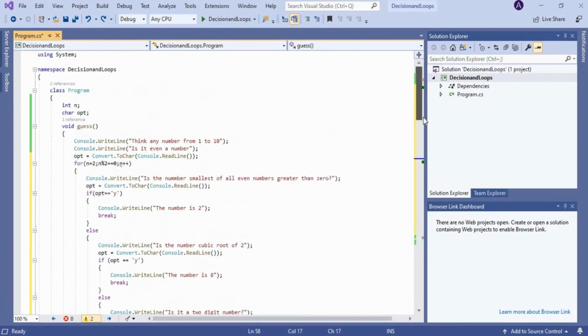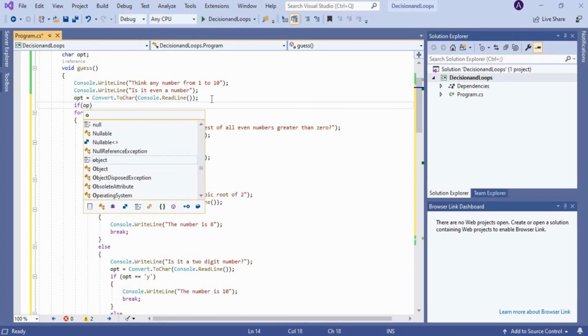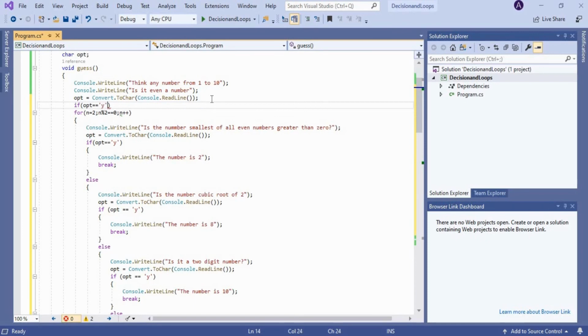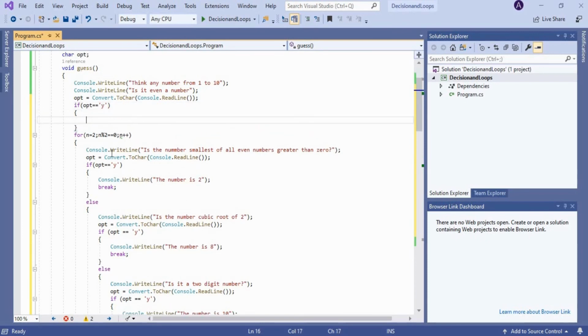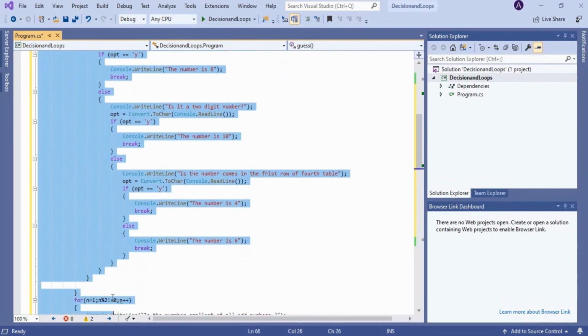So now we have separated the logic for even numbers and odd numbers, right? But we have just created the logic separately for even and odd numbers, we didn't actually separate it, right? The reason is that at this particular step we have prompted the user to enter whether the guessed number is even or odd, right? So if that is an even number, this set of for loop should get executed. For that we can have an if construct here. If the option is yes, inside this if we can have this particular for loop of guessing an even number, right?